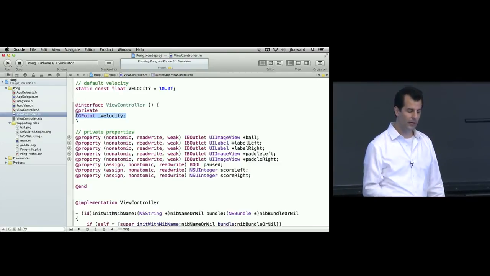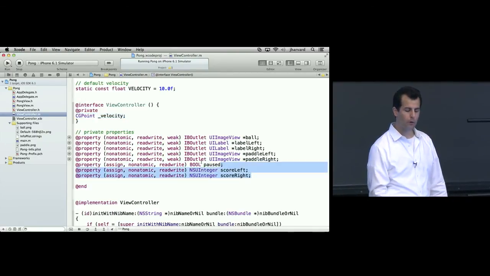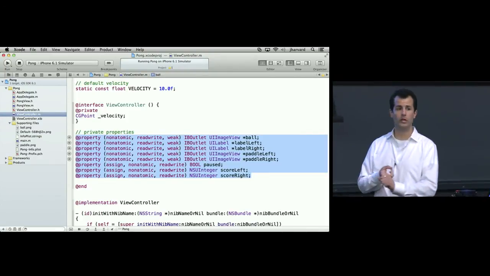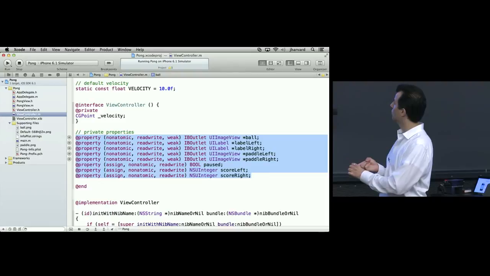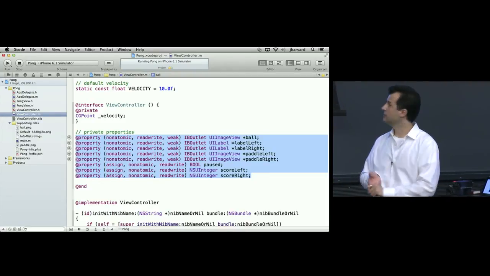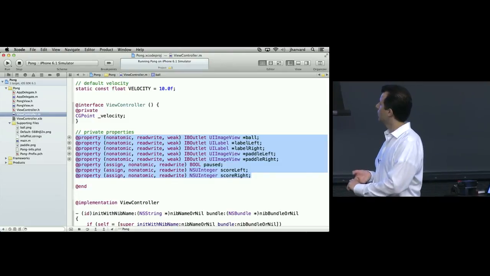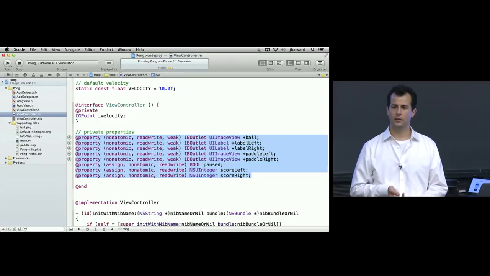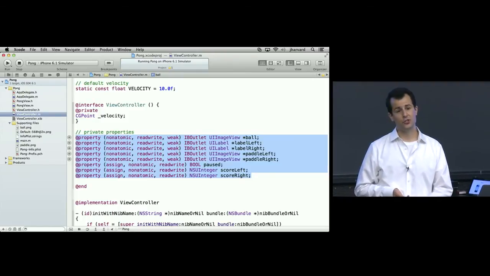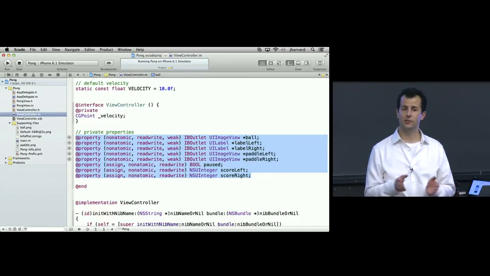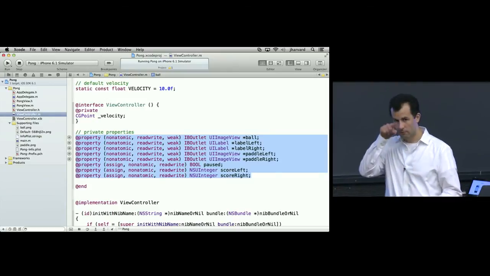So I need to store my current one so I know at every second of the game how fast the ball should be moving. Now, I have a whole bunch of private properties here, but most of them are as expected. I've got IB outlets for all 3 of the UI image views that we saw earlier. And I've got 2 IB outlets for the UI labels that we dragged and dropped. So that leaves a few here. NSUInteger, what might that mean? Yeah, so it's an unsigned integer. Why? I figured the score never needs to go negative. So just to be proper, I'm going to specify that it's an unsigned, that is non-negative integer. I could have just done little u